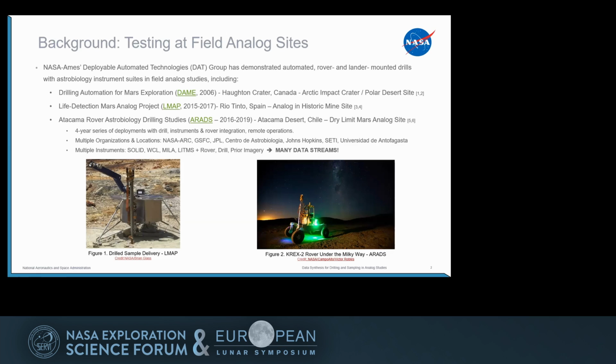synthesis of our data, noting that particularly on this project, we had a group of as many as 40 co-investigators and collaborators at a time on site with us, multiple instruments and samples and data returning to multiple organizations and locations at the end of each season.